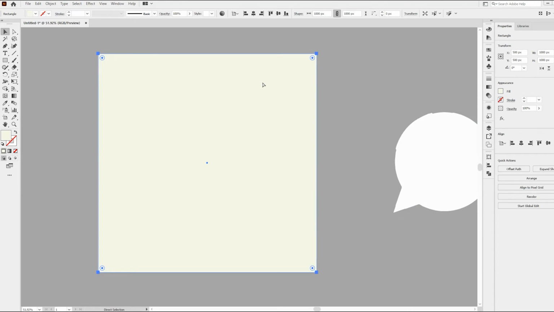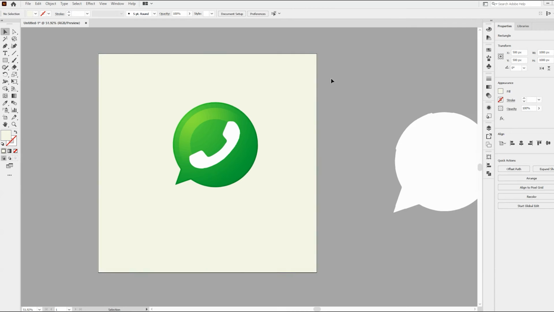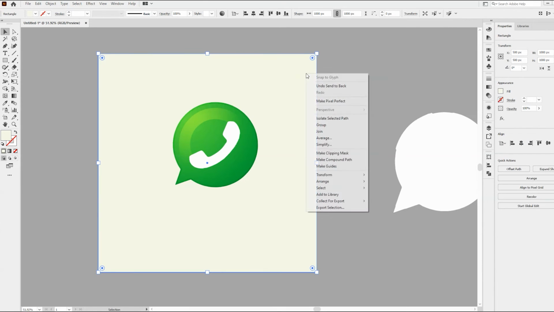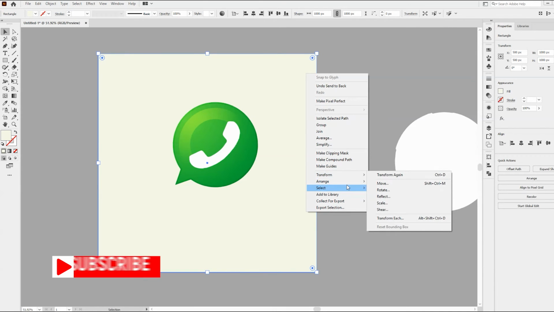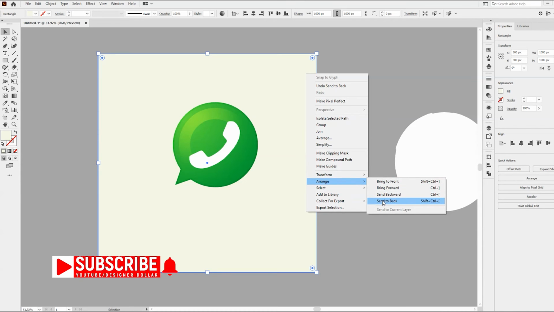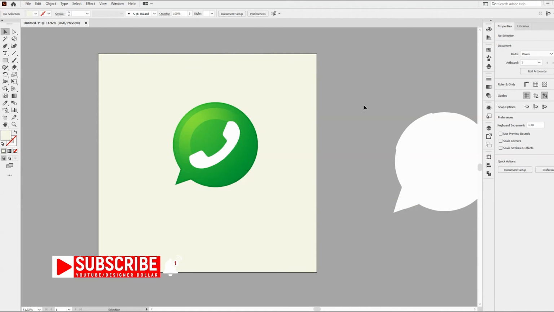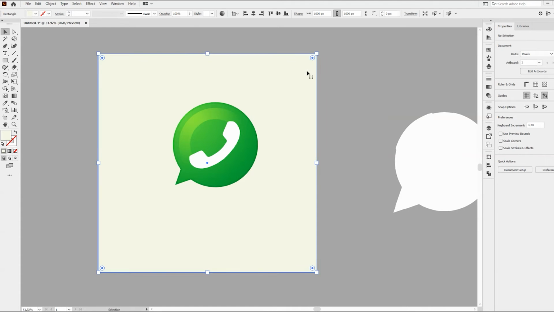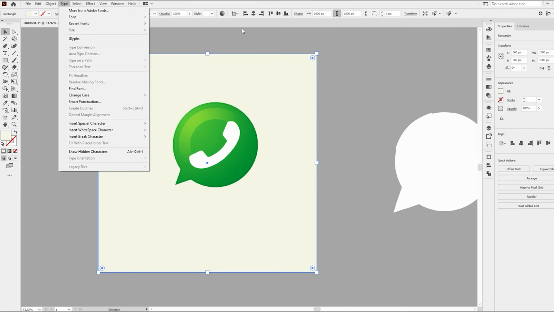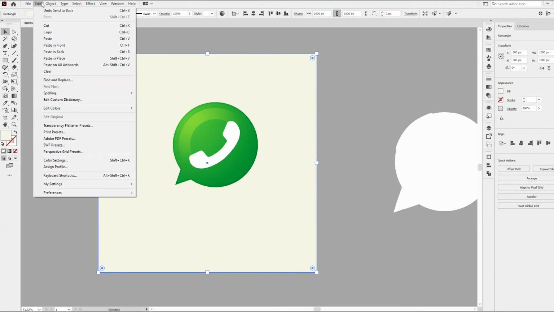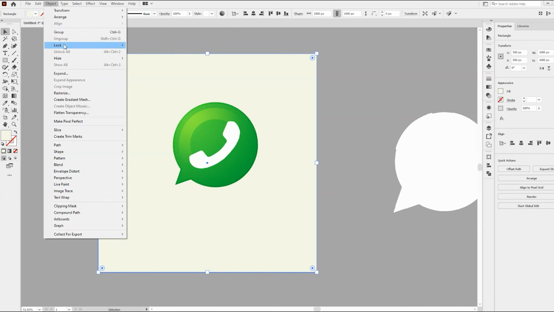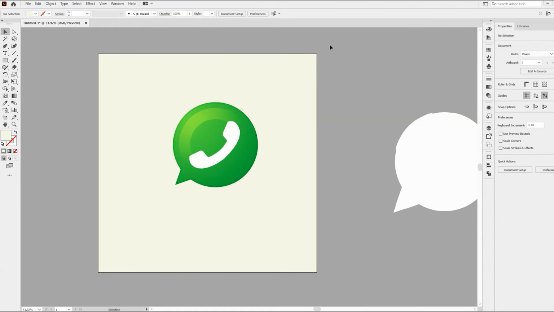Now here, press Ctrl+Shift+[ or you can right click, select the object, then Arrange, Send to Back, whatever you would like to do. It's totally up to you. Now if I lock it, go to select the background shape, then go to Object, then Lock Selection, Ctrl+2 is the shortcut key. Okay, fine. Now it is locked.